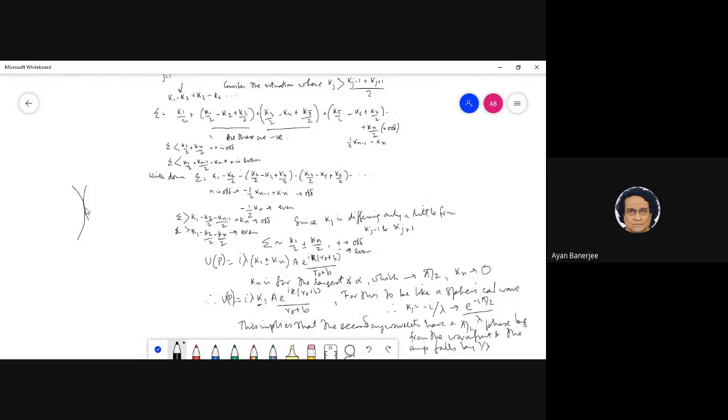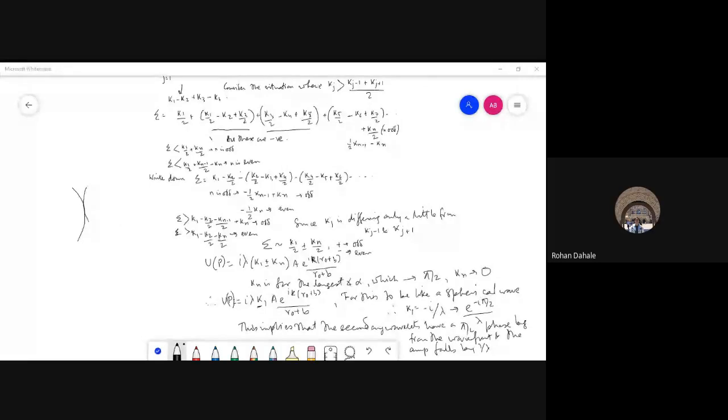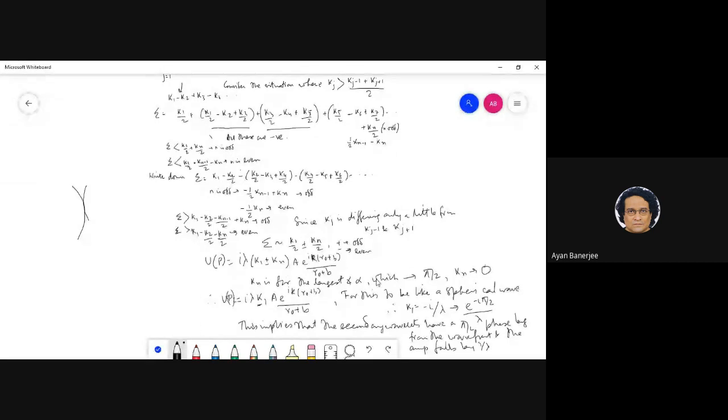That one is basically falling off by 1 by lambda, just the first zone. Yes, so the amplitude is falling by a factor of 1 by lambda. But at the same time, Rohan, if you think of it,